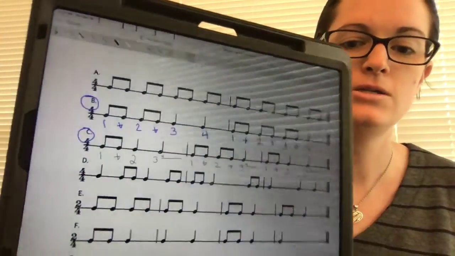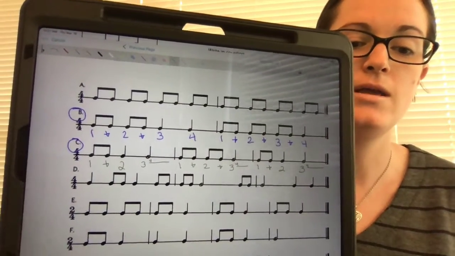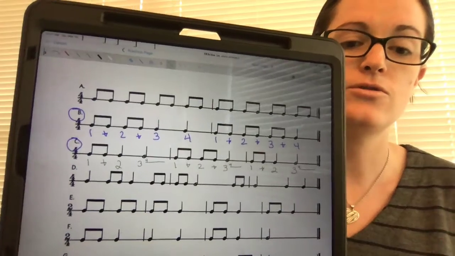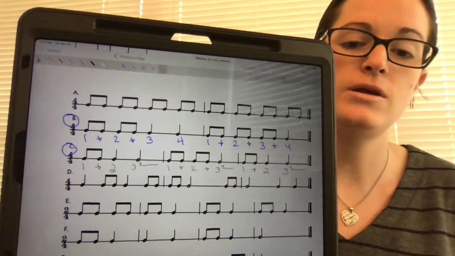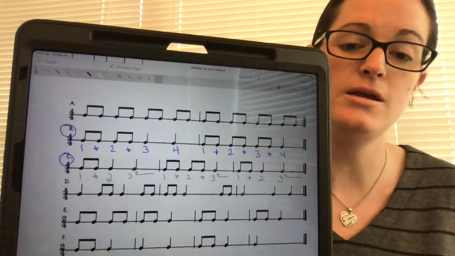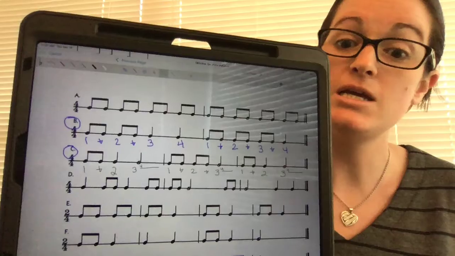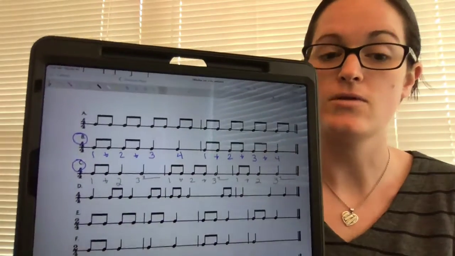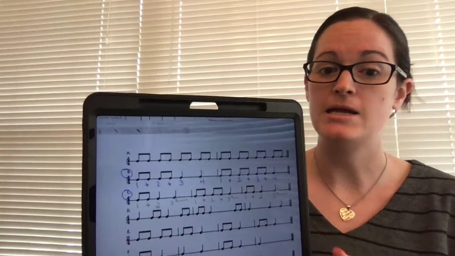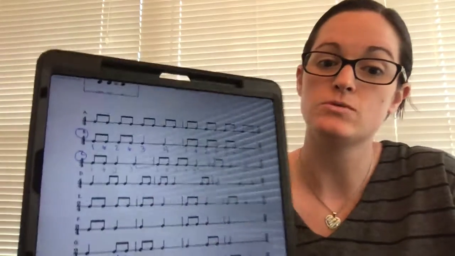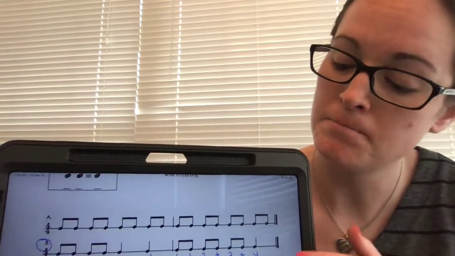Ready, go. 1 and 2, 3, 1 and 2, 3. Okay? This is about as complicated as most of the examples will be in your Sight Reading Factory assignment,